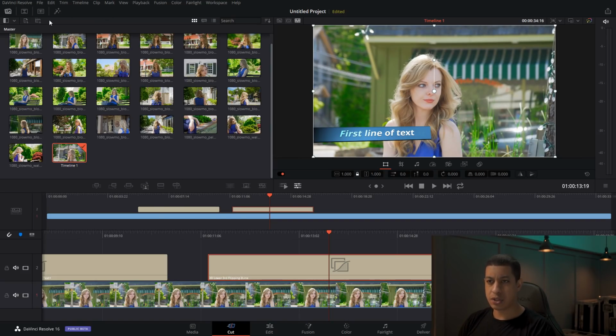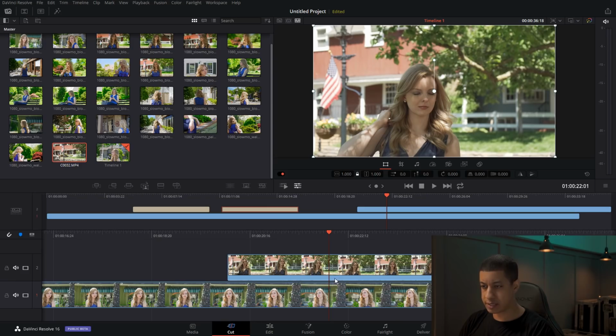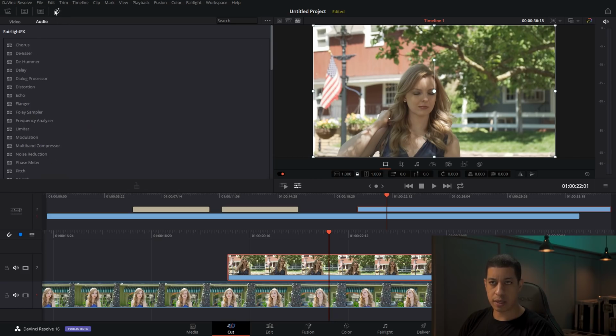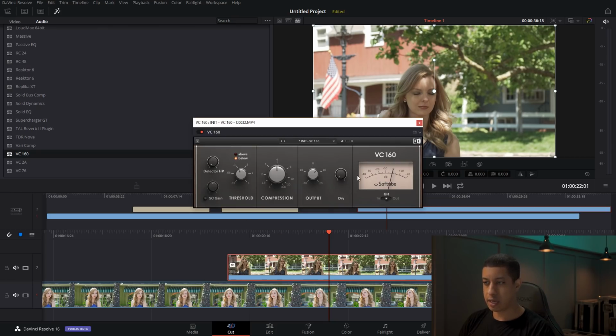And then I actually don't have audio on this. Let me grab a clip that has audio. So I'll grab a clip and I'll bring it in, and this clip has audio. So let's just add this in and we'll come over here and look at it, and you can see the audio here, right? And I was like, okay, so let's add a compressor, right? So I add compressors to audio. So let's come into here and let's go into effects. Here's my compressors, and I just add one of my compressors in, boom, add it in, right? And I'm like, okay,